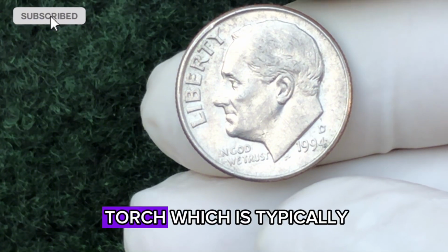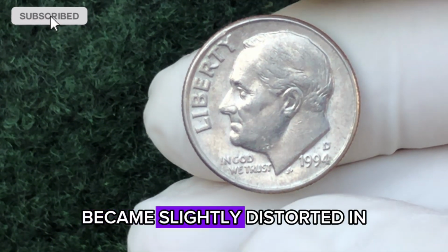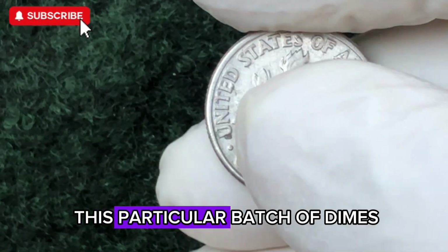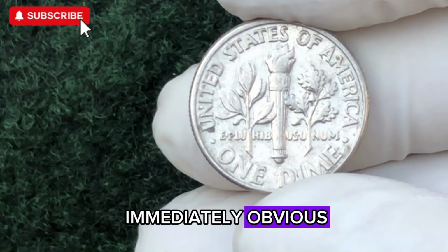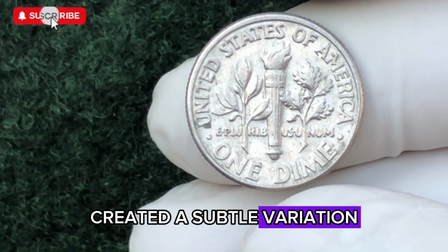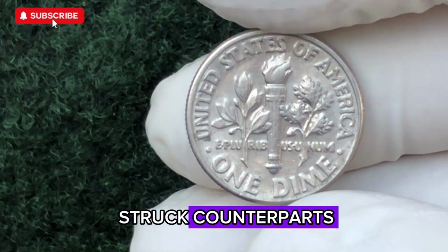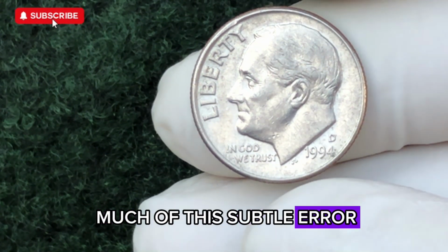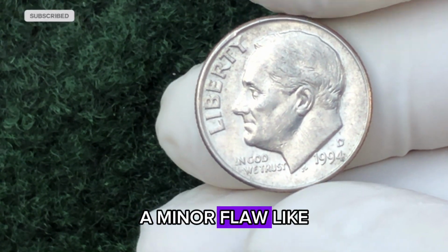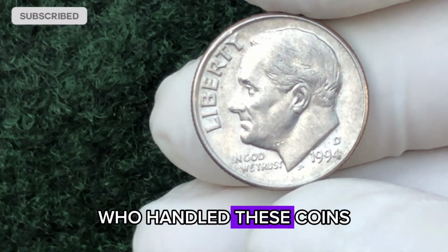The image of the torch, which is typically crisp and well-defined, became slightly distorted in this particular batch of dimes. This distortion, while not immediately obvious, created a subtle variation of the coin that set it apart from its more commonly struck counterparts. At first, the public didn't think much of this subtle error. After all, a minor flaw like this may have seemed insignificant to most people who handled these coins in their